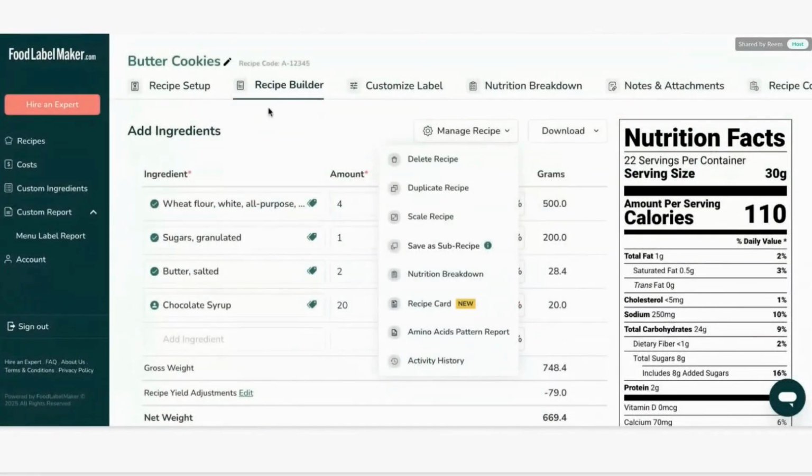You could also click to save this recipe as a sub-recipe. Saving this here will allow you to use butter cookies as if it were a custom ingredient. Let me give you an example. Let's say we are creating a birthday cake recipe, and maybe this birthday cake uses these butter cookies as crumbs to decorate this cake. So if you want to use these butter cookies as an ingredient, just save it as a sub-recipe, and this will successfully allow you to use this butter cookies recipe as an ingredient